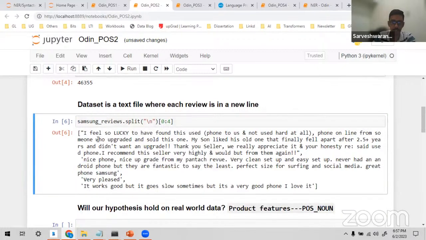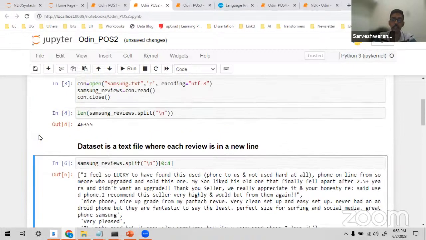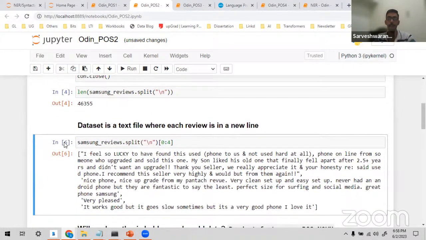So the indexing starts from 0. So I feel so lucky to have found this used phone online from someone who upgraded and sold this phone, right? So my son liked this one, and so there is a review. So very pleased. It works good, but it goes slow sometimes, but it's a very good phone. I love it.